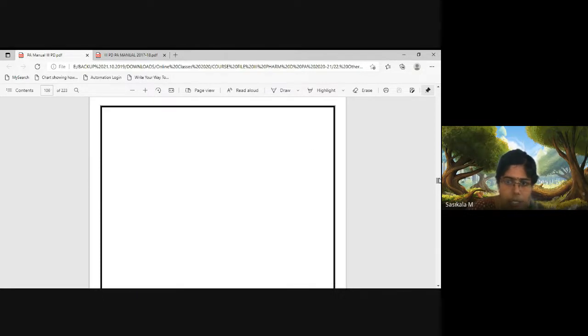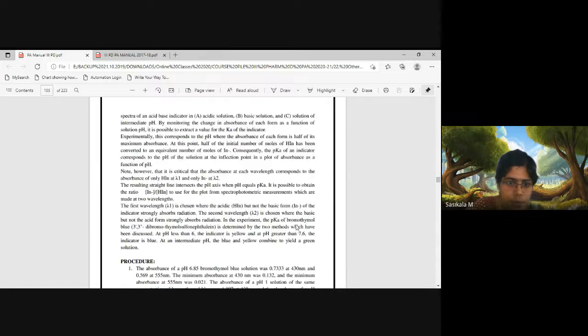So first we need to add to the first flask 5 ml of potassium dihydrogen phosphate, then 10 ml of this, 0.5 ml, then 5 ml and 1 ml, 10 ml and 5 ml, 5 ml. Likewise, whatever quantity is mentioned here, accordingly we need to add the buffers to each flask. Okay. So this is how buffers are added. Now let's discuss the procedure from the first point.